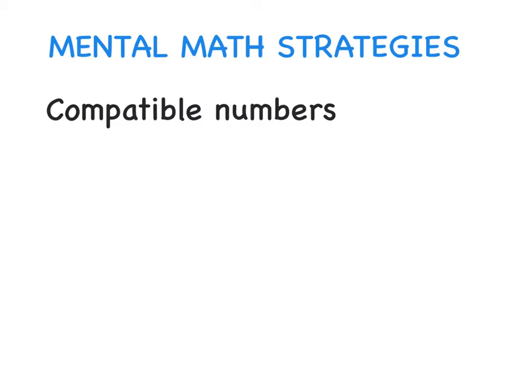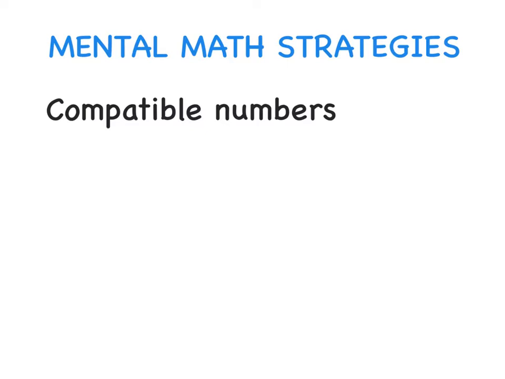Another strategy that I actually talked about in the last slide is called compatible numbers. These are numbers that are easy for you to compute mentally. When something is compatible, it goes well with something else. For example, peanut butter and jelly are compatible. So if I had a problem, let's say,